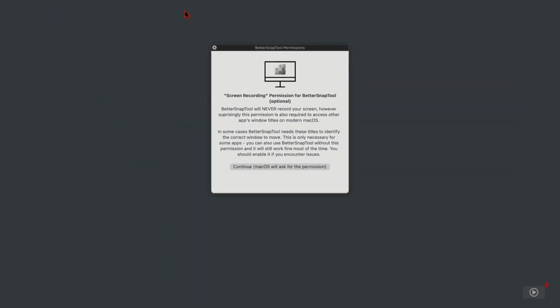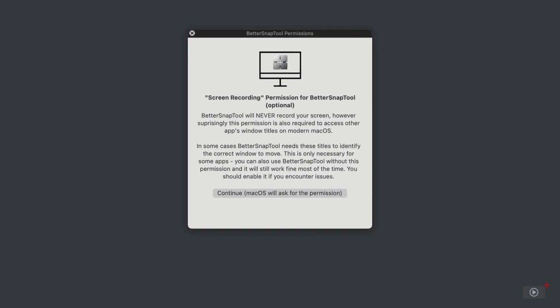Now, there may be some times when you need to enable permission to screen recording as well. Now, this is entirely optional because in the main, it's going to work well without it. However, there are some applications that are going to need this if you're going to manage their windows. So I'm going to leave it for now, and I'm just going to enable it later on in the video